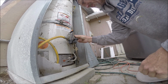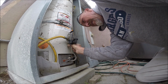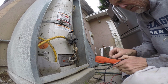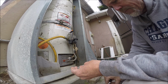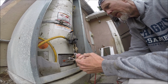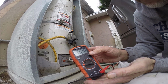There we go. Got these nice little clips that I can use, so slide these on. I haven't done a thermocouple in a long time. Yeah, we got 28 millivolts. That's a lot of millivolts, but